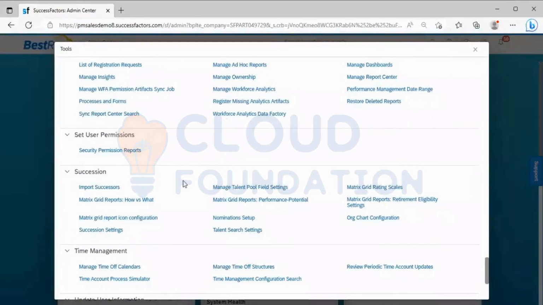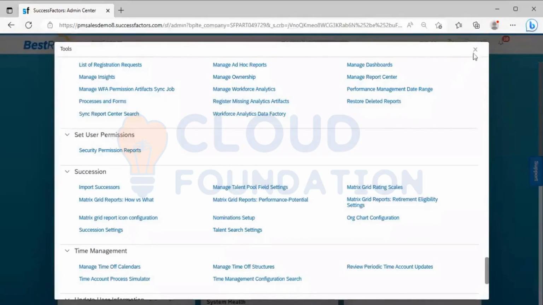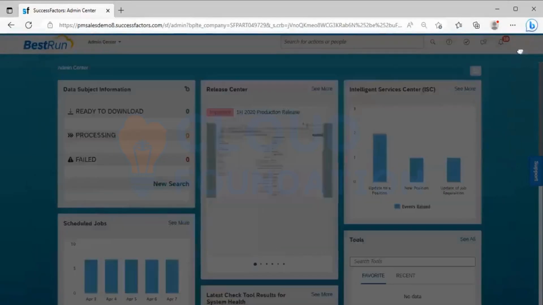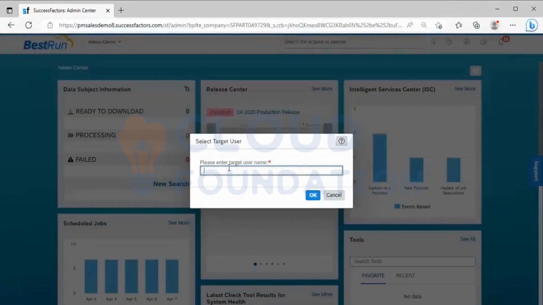Suppose he is a new person in our team and we want to grant him the equal permission. RBP is enabled from provisioning. That is the reason this is visible, but tools are not visible. Right. I will give the permission. I will again proxy to the super admin. If you have access to the super admin, if you're already a super admin from your place also, you are able to give.